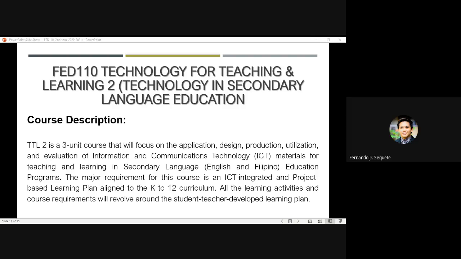So ano po siya? Magiging lesson plan po siya na format? No. Ang structure niya, mukha siyang lesson plan, pero very comprehensive. Okay? So aligned to the K to 12 curriculum. All the learning activities and course requirements will revolve around the student-teacher developed learning plan. That is why medyo mabigat yung asignaturang ito, kasi ang gagawin ninyo, children, are all